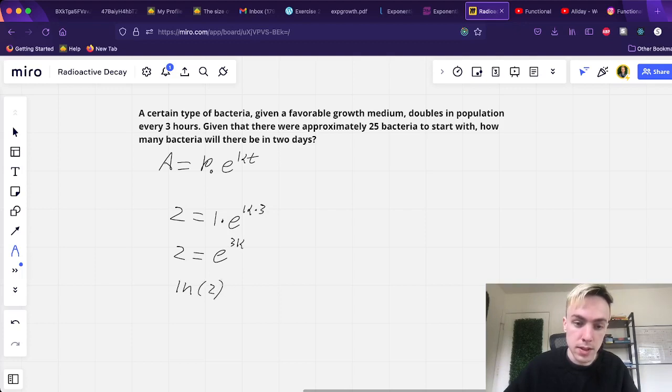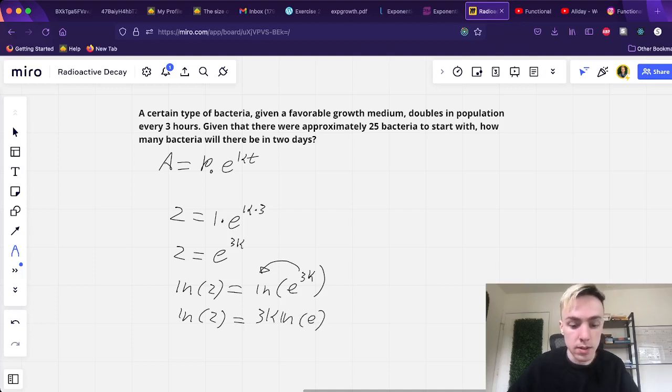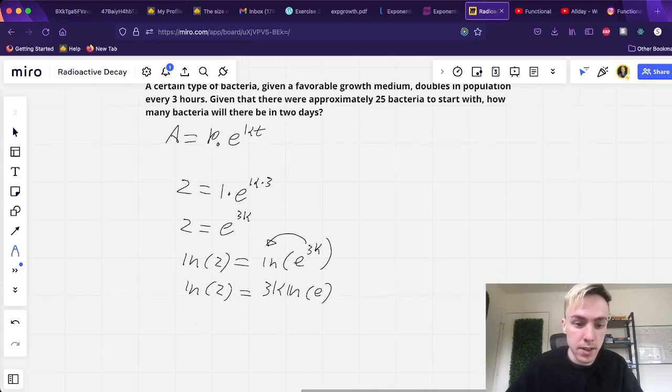We want to do this because ln and e are inverses, so they will cancel. So ln of 2 is equal to ln of e to the 3k. Now there's a property of logarithms that allows us to bring down the exponent. So this is, again, rewritable as ln of 2 is equal to 3k ln of e. And remember that ln of e is simply 1. These cancel out. So we're left with ln of 2